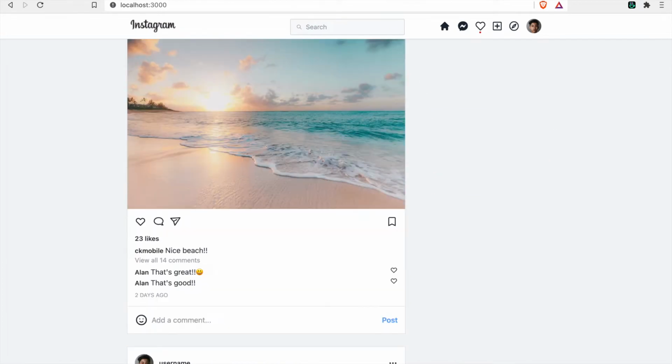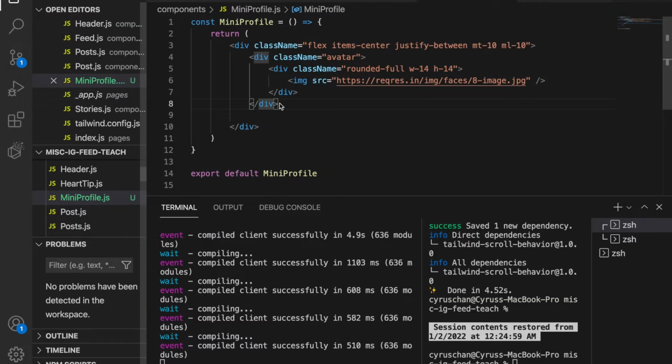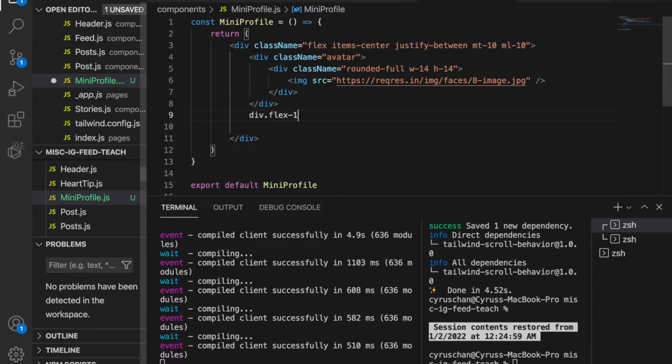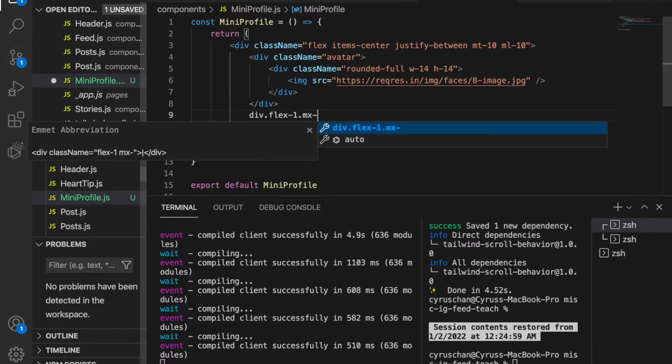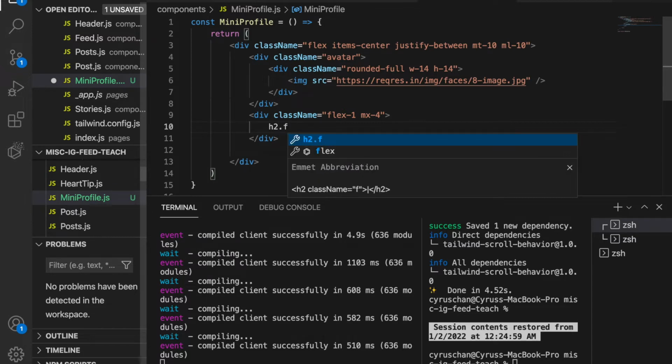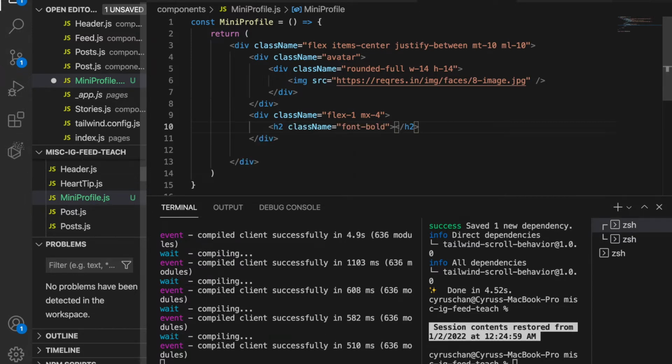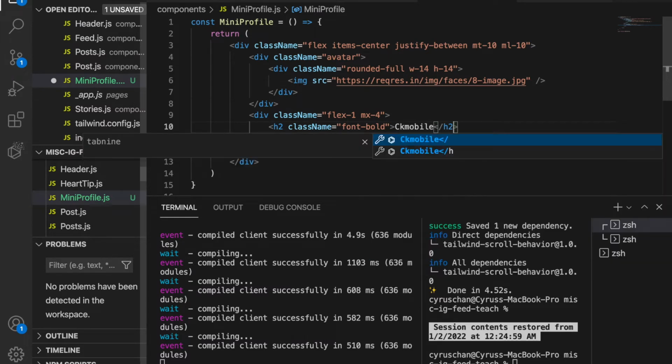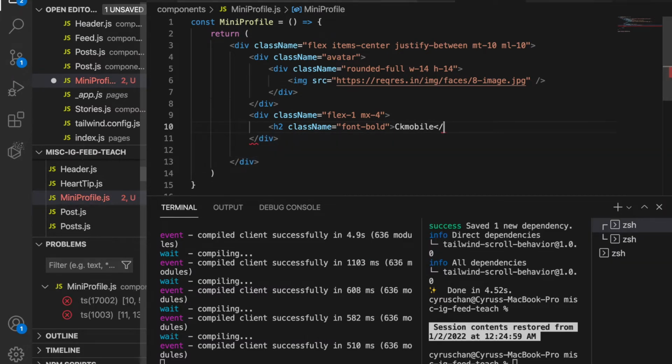So if you go back to the website, and then we add another div with flex-1 and mx-4. The mx-4, so this has the horizontal margin of 4 units, and then we have the text-2xl with the font-bold, and then we type the username, and then we also add another heading of h3, and then with